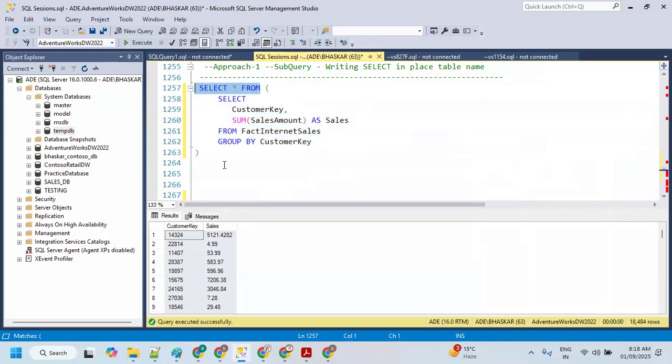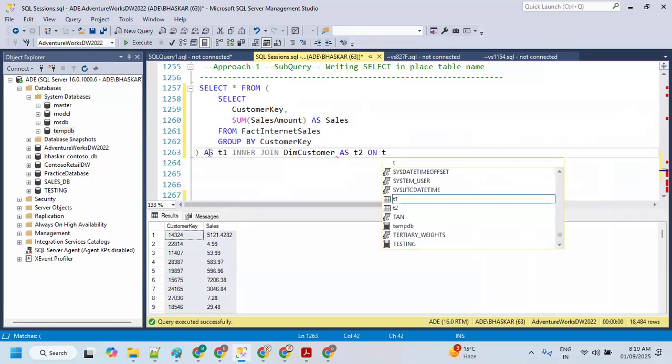That outer query is select star from, and then this is the name of the table. So I wanted to give an alias name for this as T or T1. Then it is going to inner join with the dim customer table